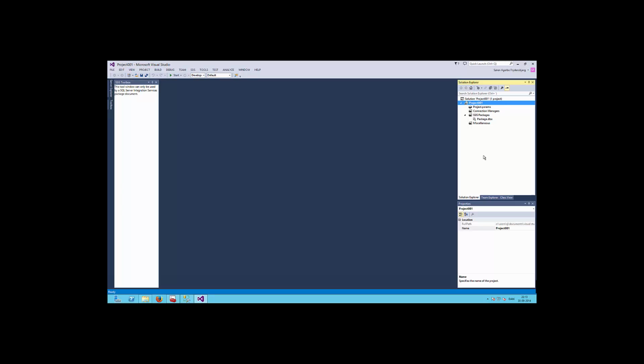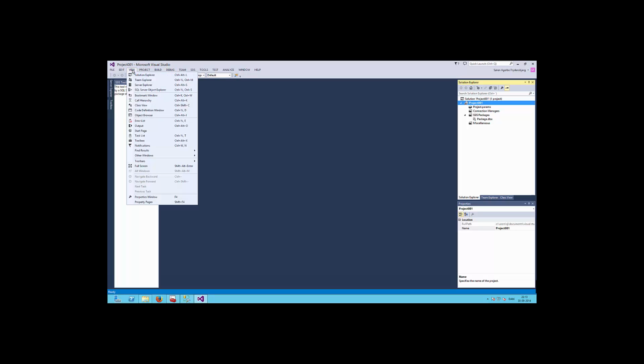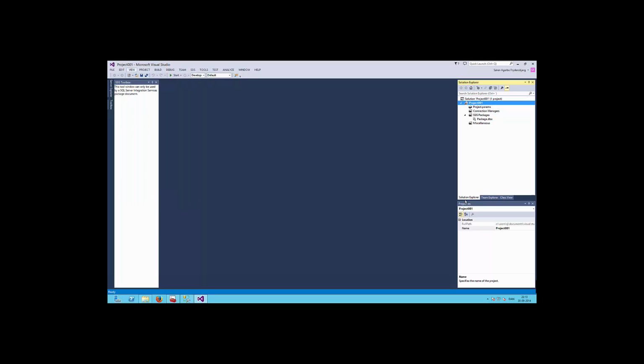And what I have over here is the Solution Explorer. If you can't find your Solution Explorer, and it's the first time you use your data tools, then go to View, and you can find a lot of windows you can open, and one of them is Solution Explorer, and another one that is nice to have is Properties, as I have down here. Solution Explorer tells me that I have a solution called Project 001, and I have a project within that solution that is called Project 001.